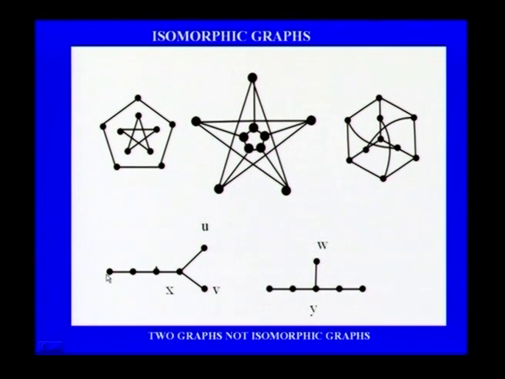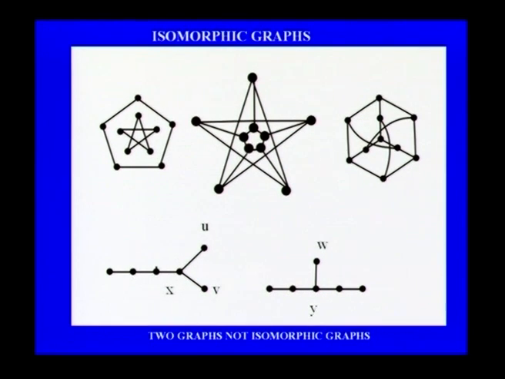And there are 3 vertices of degree 1. Here also there are 3 vertices of degree 1. There is one vertex of degree 3, there is one vertex of degree 3 here. There are 2 vertices of degree 2, these 2 are vertices of degree 2. So, both the graphs have 6 vertices, 5 edges, 3 vertices of degree 1, 2 vertices of degree 2, 1 vertex of degree 3. So, these conditions are satisfied, but they are not isomorphic.